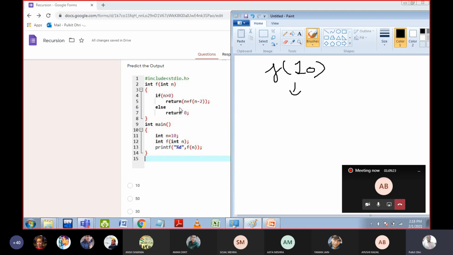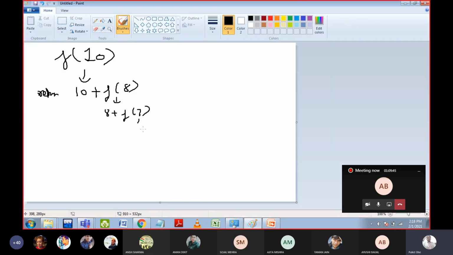Now, once you call this function, this thing will work. Of course, the if condition. So here you will write return 10 plus f of 8. Yes or no? Again, f of 8 is a function call, so this thing will execute and this will become 8 plus f of 7. Then it will become 8 plus, what is that? Yes, 7 plus f of,